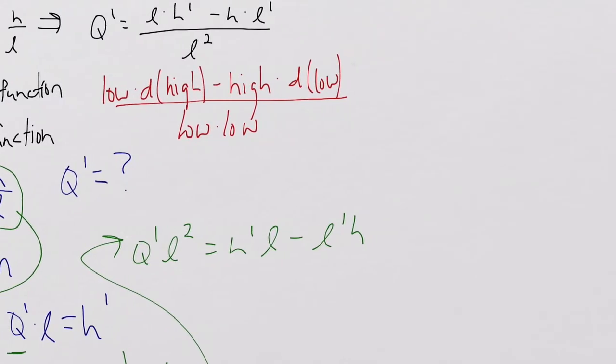So you should see that I'm working my way to this. I'm almost there. This has Q prime and a bunch of H's and L's. All I have to do is divide by L squared on both sides, and I get Q prime equals,